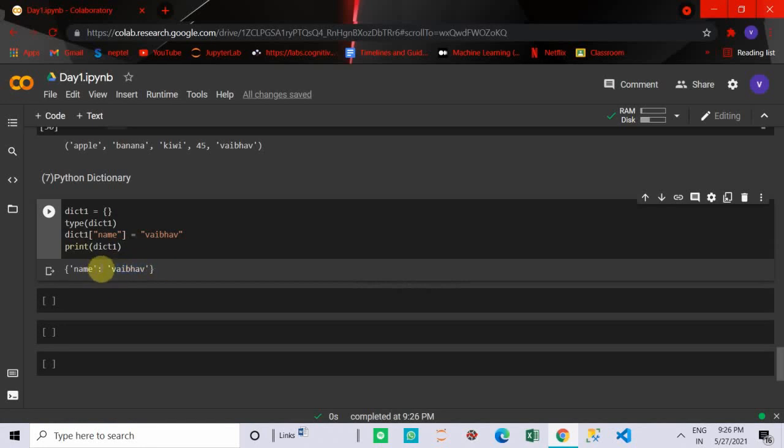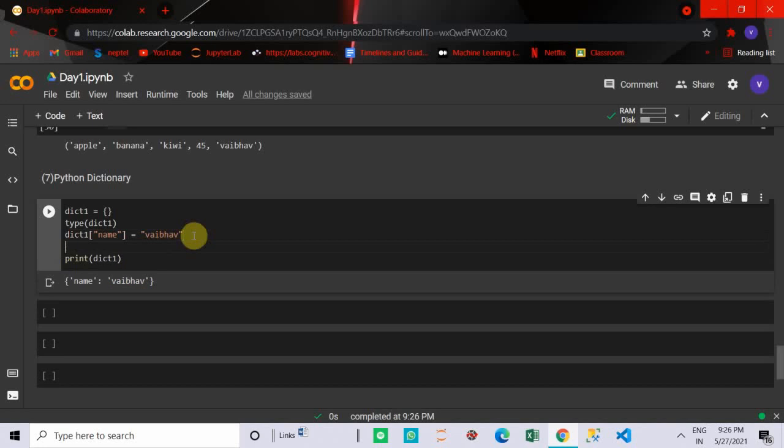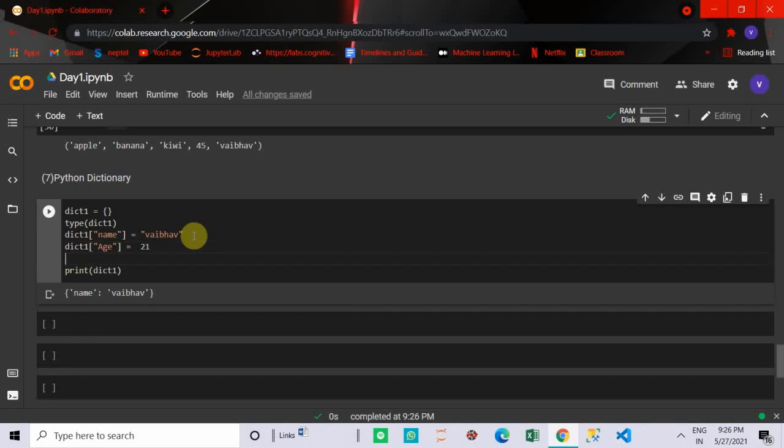The thing left of the colon is the key, and the other is the value. Similarly, we can have age. My age is 21, so I can put 21.